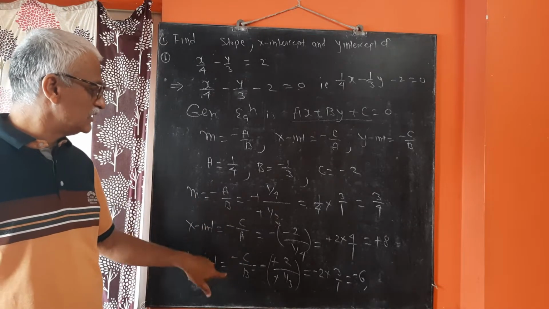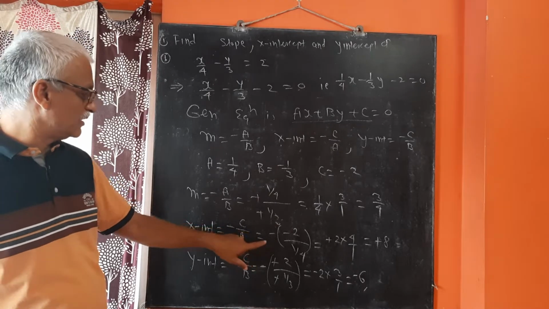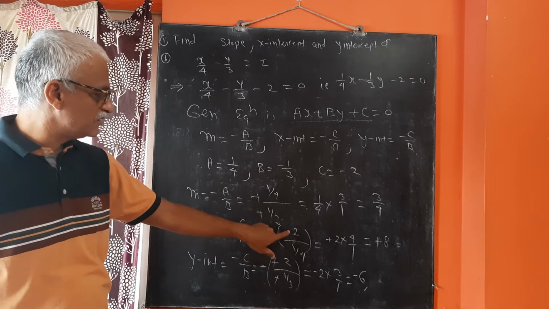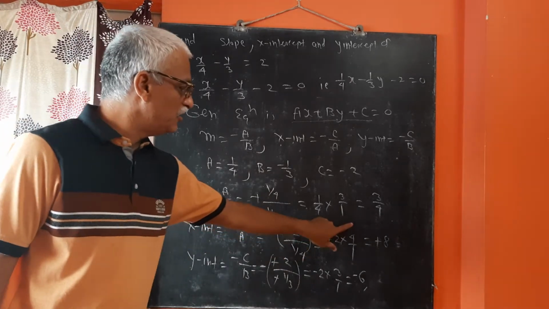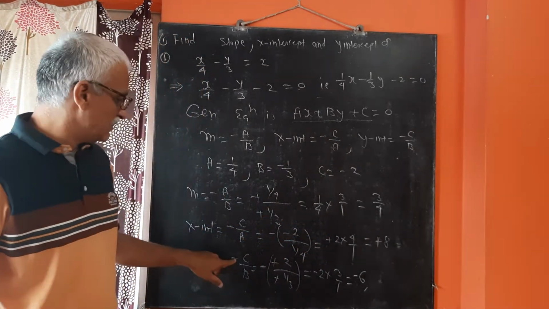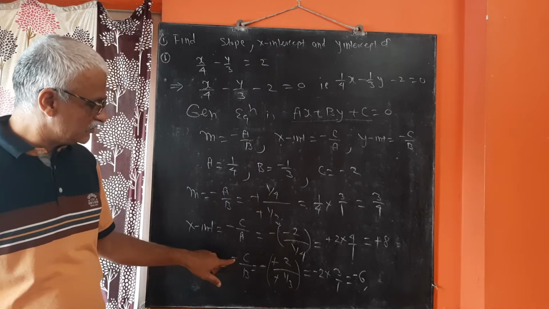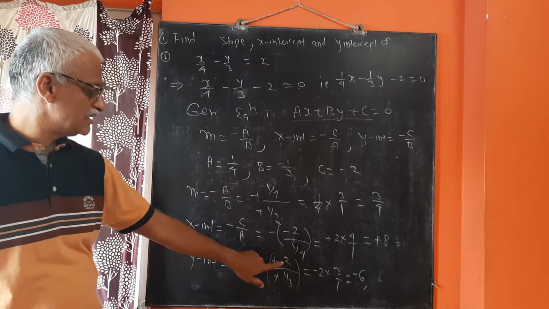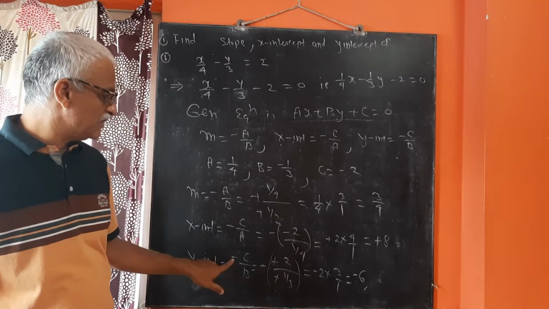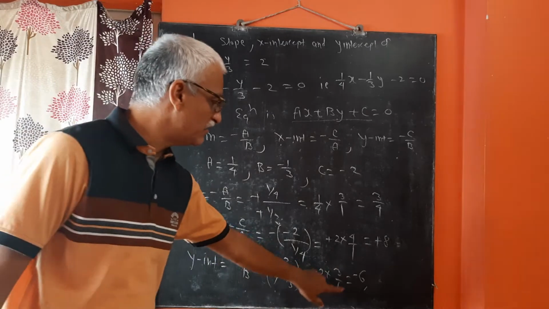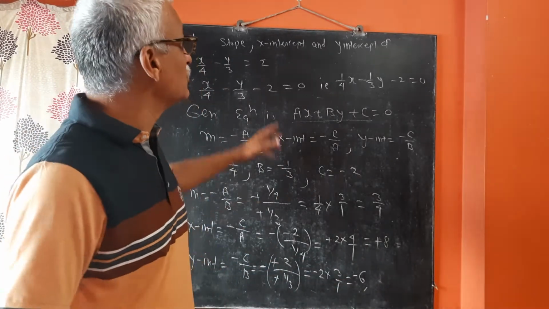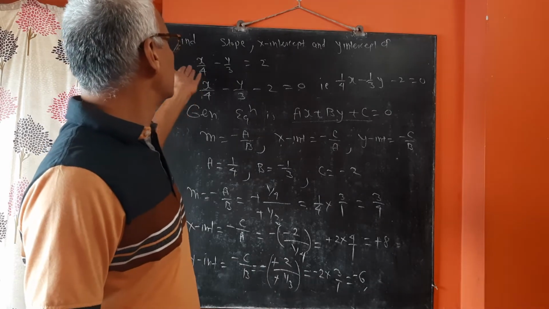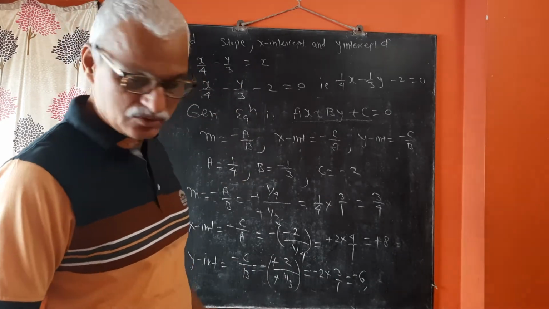Because of this minus sign, I got confused. But we have corrected it. Minus of C is itself minus, so minus becomes plus. So that will be 2 into 4 by 1, that means plus 8. Again this minus, I forgot that minus sign. So here C is minus 2, B is also minus, that gets plus. So this minus carry on. So minus 2 into 3 by 1, that is equals to minus 6. So there is x-intercept and y-intercept for that equation x by 4 minus y by 3 is equals to 2.